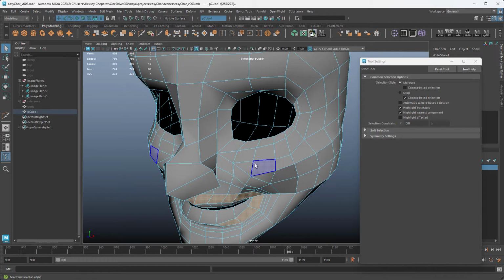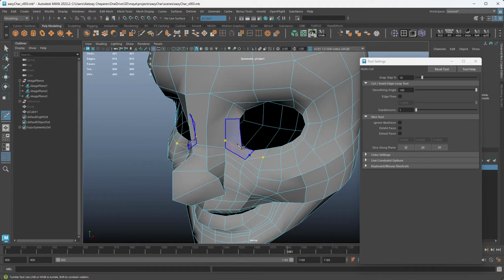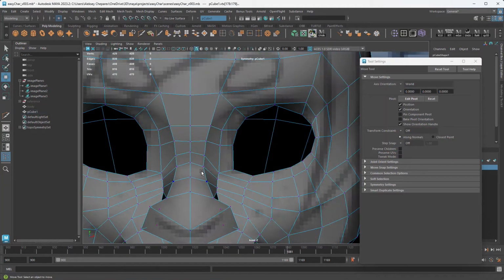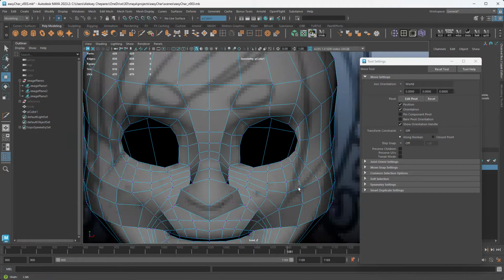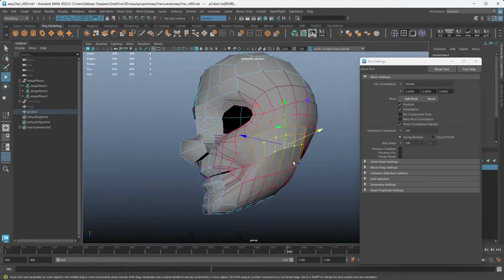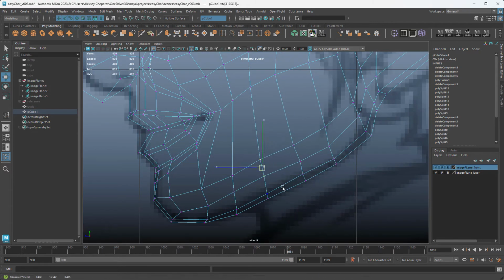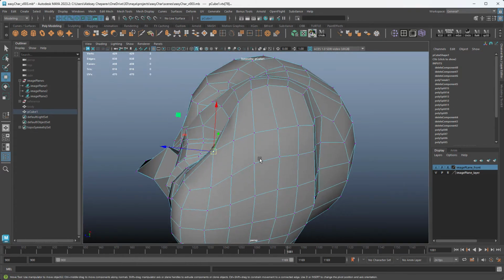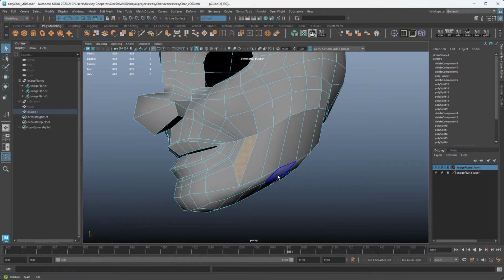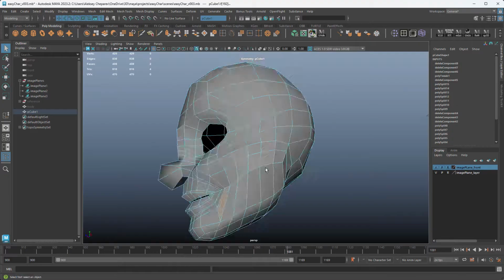And what we can do here is redirect these loops over the nose. For these extra vertices that we have left over, you could just drag over them a selection and then hit delete. So as I do this, I can now see that this is going to be an issue right here, this face. So we need to fix that, and what we need to do is just take this, drop it down, and then have this one go around.